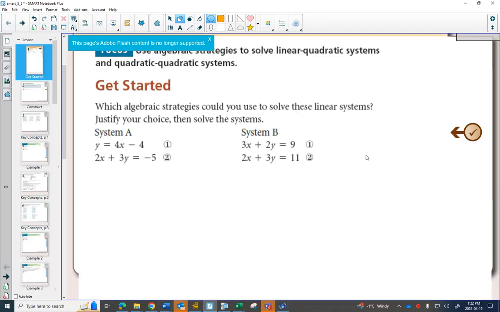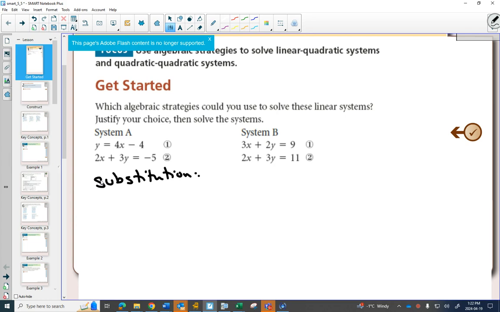Perfect. So a little review. Here for this one, we'll review the technique of substitution. Substitution says if a variable is easy to get by itself, and in the first equation, the y is already